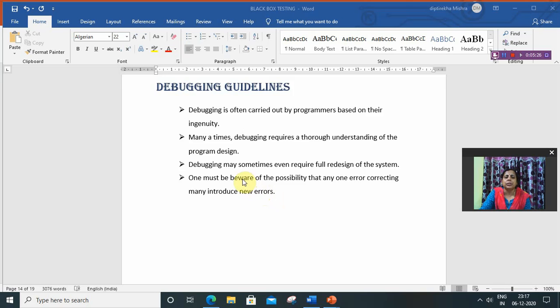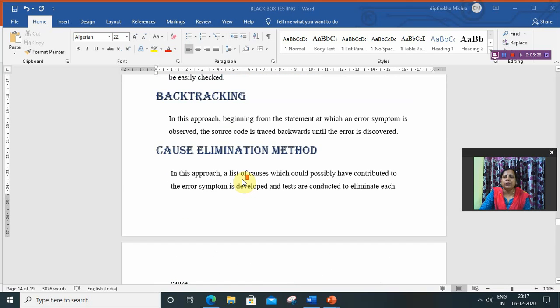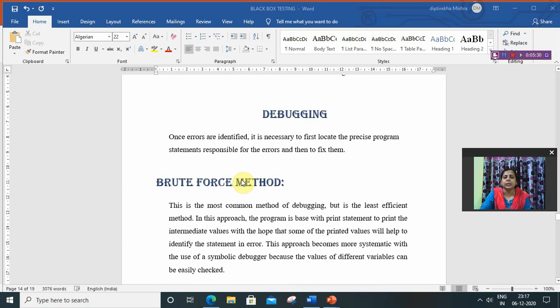So the summary of this video is that there are different methods to fix the bug or fix the error. Fixing the error is known as debugging, and the first method is the brute force method.